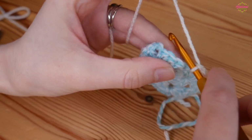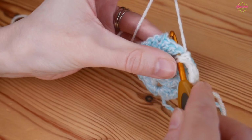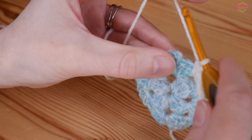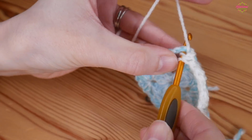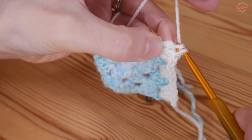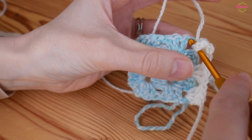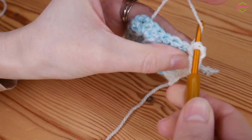So into your next space you will just do your granny cluster, so your 3 trebles, you will create your new corner as normal, so you'll do your granny cluster. So 1, 2 and 3. Always remember to do your chain 2 to create your new corner space, and then back into that same corner space do your next 3 trebles,